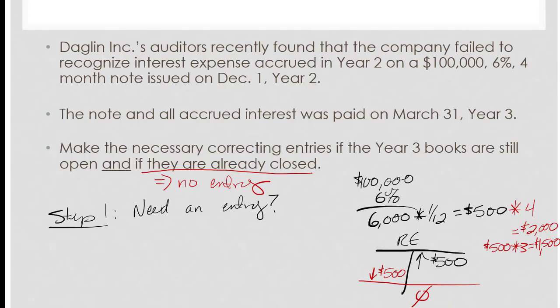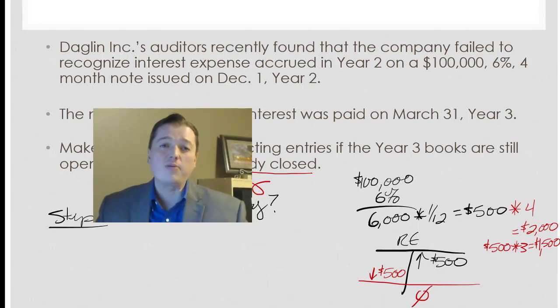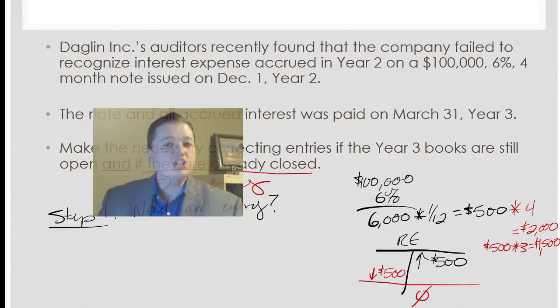So if year 3 books are closed, no entry will need to be made. If the year 3 books are open, on the other hand, then I can fix it. And if I can fix it, then I do. At least that's FASB's rule, and that's what auditors like to see. Sometimes in practice, if the errors are small enough, they'll allow a counterbalancing error to just kind of fix itself, because it's considered immaterial. It doesn't change the investment decisions of our decision makers, stakeholders, investors, bondholders, etc. So sometimes companies will let it slide, but you're not supposed to. If it's counterbalancing and you find it and it's still open and hasn't counterbalanced, then you're supposed to fix it.